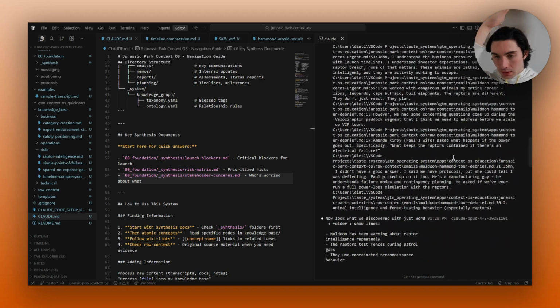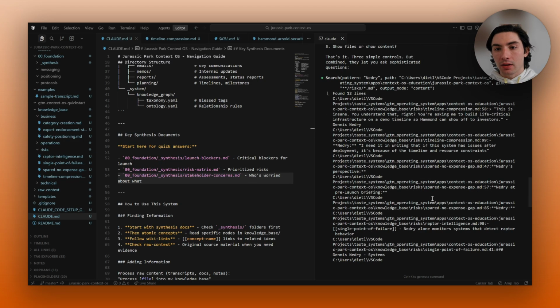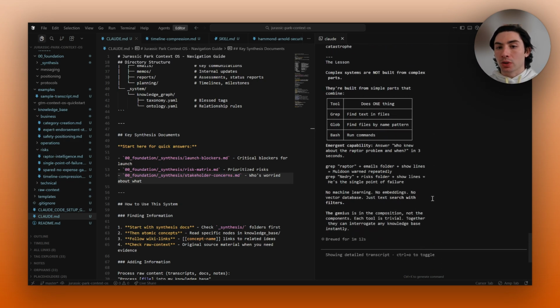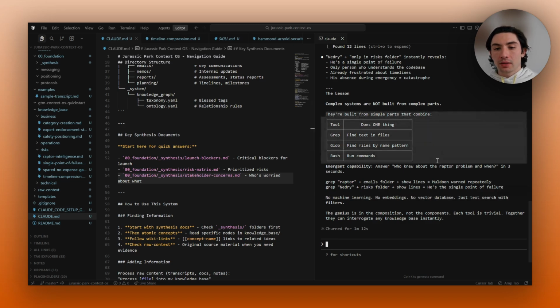So all of these are then being injected into the context window, and it's far more token efficient, and they can iterate much faster across the search, giving it that emergent capability to almost act like it's thinking like a human being, even though it's not, right? It's doing this sophisticated information lookup. Exactly. Yeah. So we're built from simple parts that combine this.